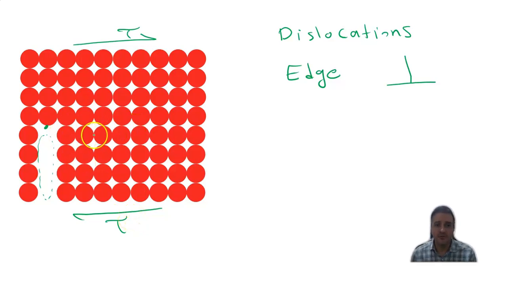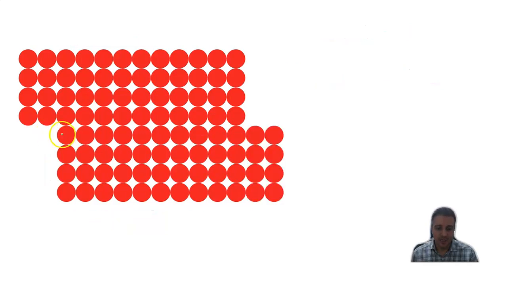Instead of breaking all the atomic bonds in these planes, we only need to break the atomic bonds around the dislocation, for example, this bond. And by applying this shear stress, this atomic plane moves to the left side by breaking